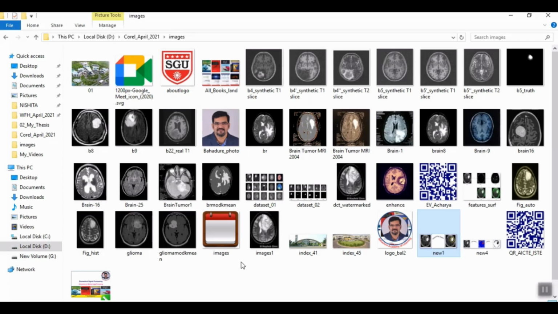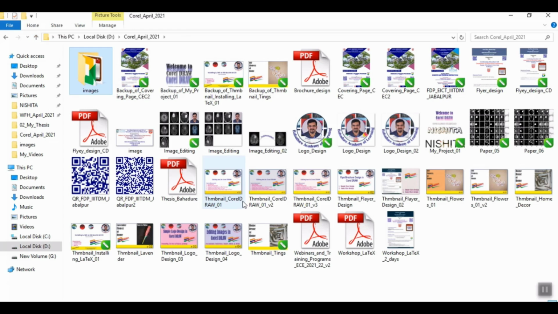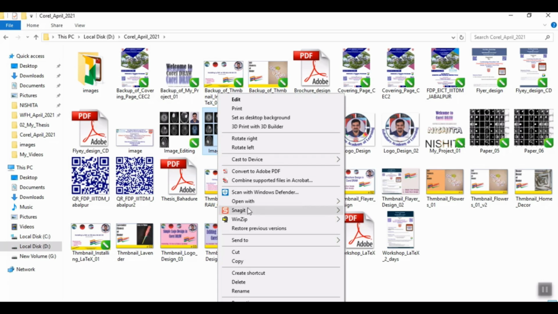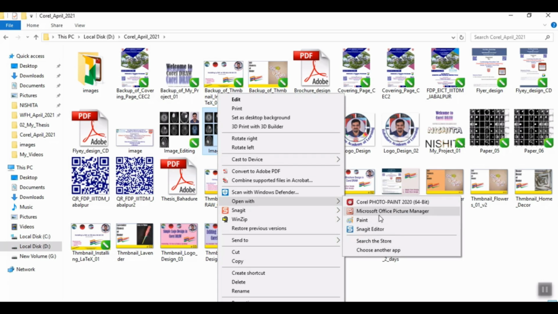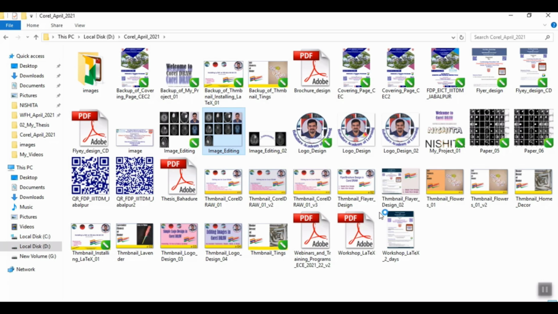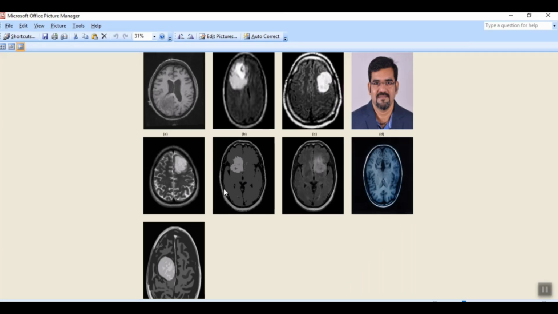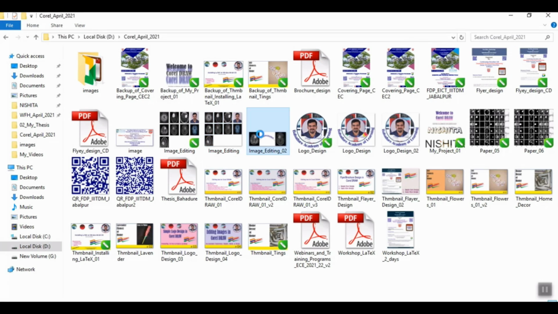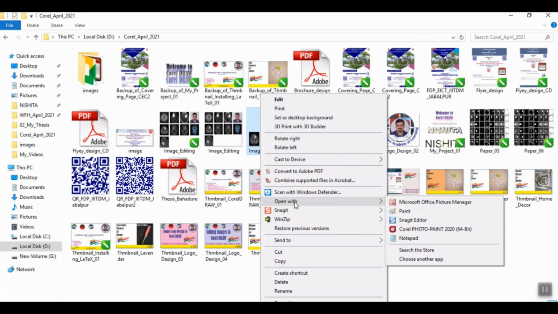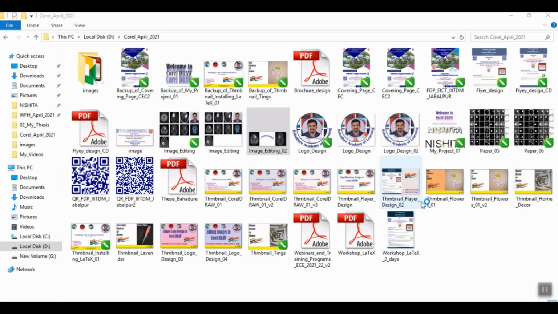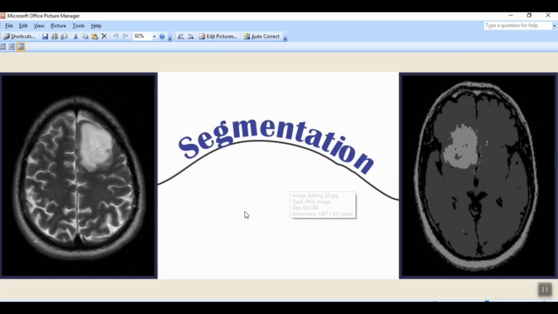Now if you want to see the result, go back. Here the results are available. This is the first image that I converted, the PNG. So click on this, see that this PNG file is available, 1.27 MB. Close this, and this is the second image. Open with, and this is the JPG file.